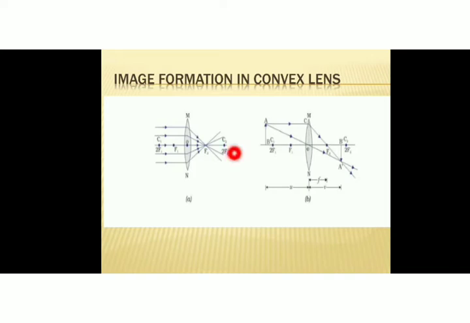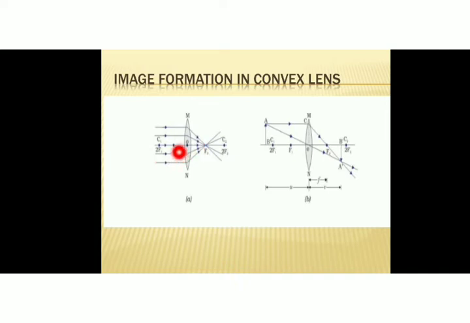This is the first ray diagram related to convex lens. Here you can see this is the case of object at infinity. Object is not shown here because object is at infinity, so no need to represent the object. And you know, whenever object is at infinity, rays from the distant object or infinitely situated object is represented as parallel rays. So the parallel rays are received from an object at infinity.